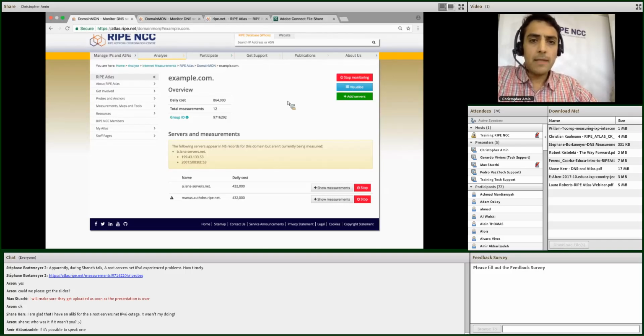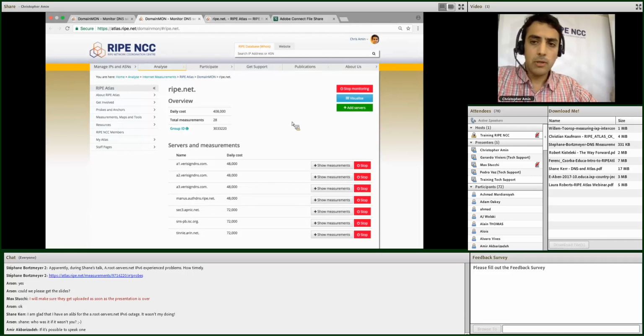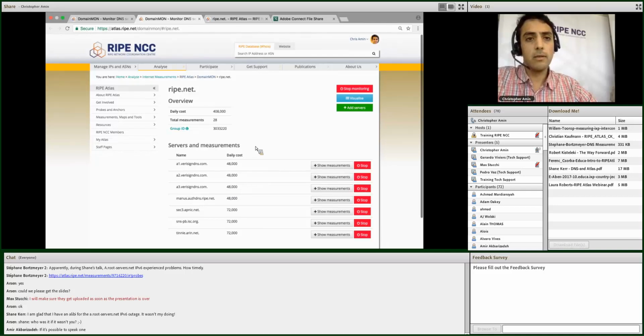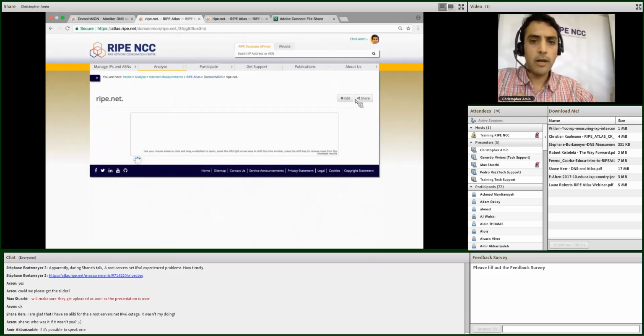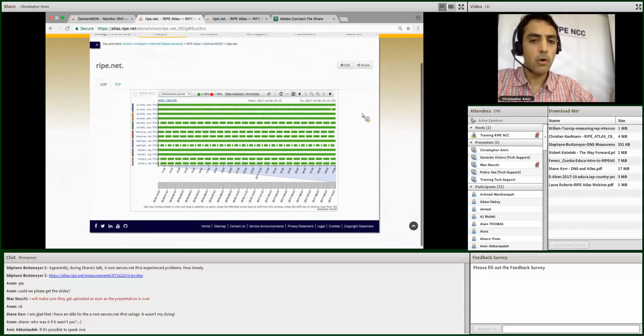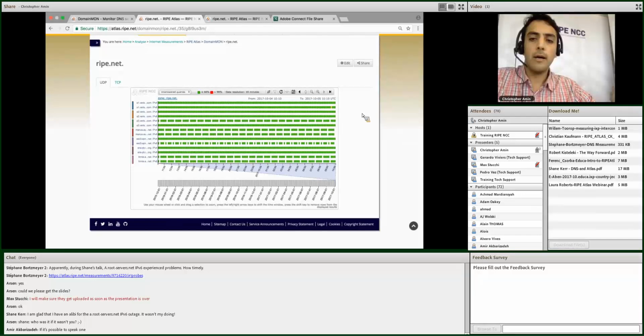Now, the main meat of DomainMON is the visualization. So you would go here and click visualize. Because I've only just created this domain, that's not going to be very interesting because there are no results. But here's one I made earlier. So this is monitoring for RIPE.net. There are many more name servers, but it's the same principle. So now if I click visualize,